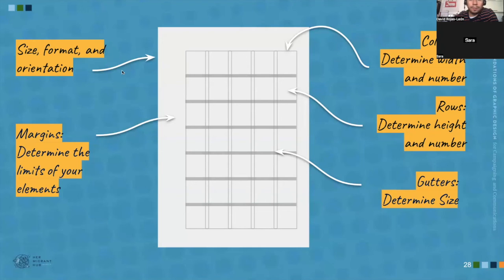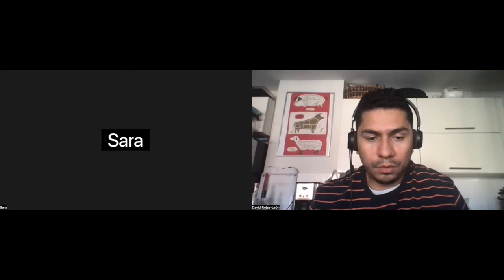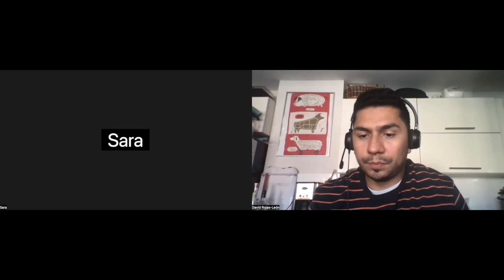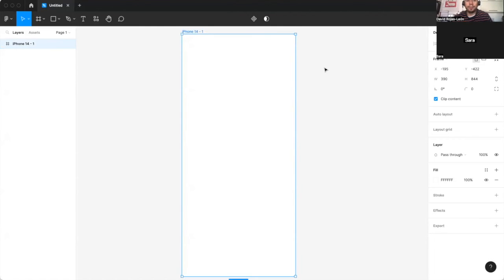So I'm just going back real quick to the previous one. Yeah, actually, let me show you. This is very similar to what Figma does. So let me show you, especially when it comes again to web design or design for digital materials, but it can be used, of course, also for printed materials. So going back to Figma quickly. Here we have an